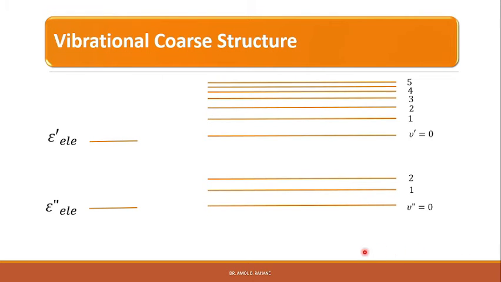So in this diagram, the spacing between the upper vibrational levels is shown to be rather smaller than that between the lower. This is the normal situation, right? Since the excited electronic state usually corresponds to a weaker bond in the molecule, and hence a smaller vibrational wave number, and therefore we get the spacing between these levels that is smaller compared to these levels.